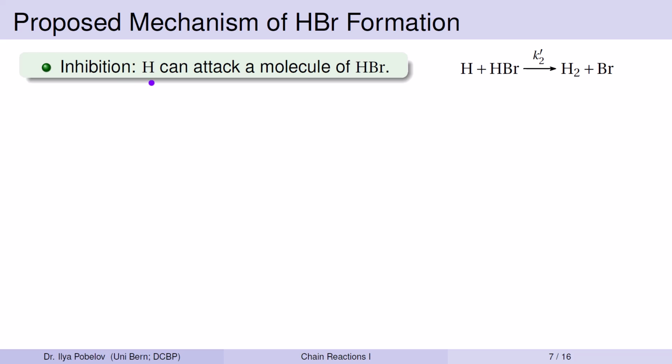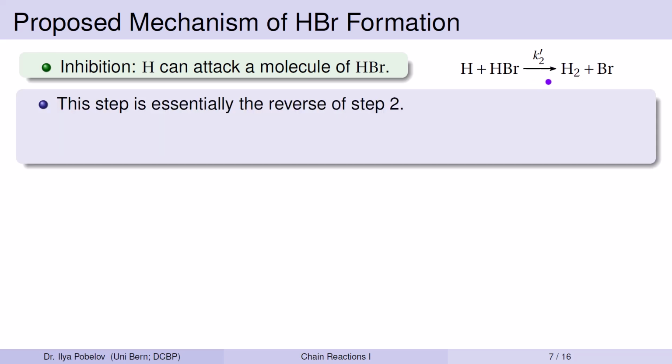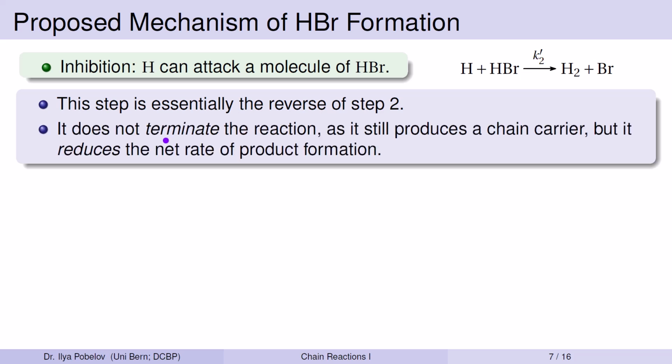Inhibition. Additionally, the hydrogen radical can attack a hydrogen bromide molecule, the product, leading to the regeneration of a hydrogen molecule and a bromine radical. This step is essentially the reverse of step 2 and is assigned the rate constant k2'. It does not terminate the reaction as it still produces a chain carrier, but it reduces the net rate of